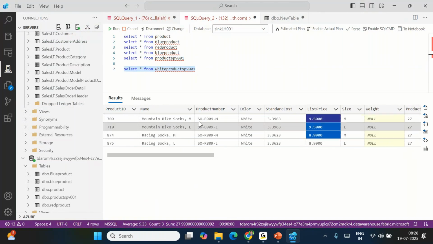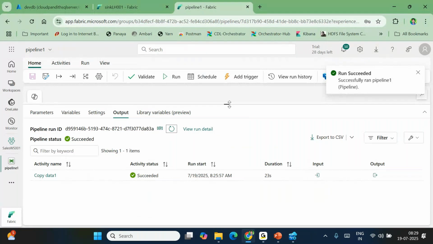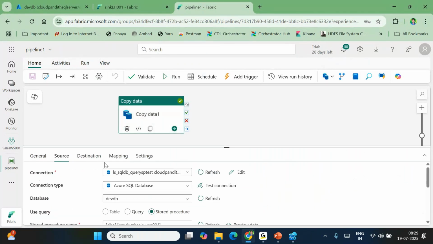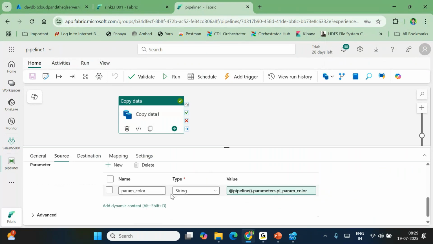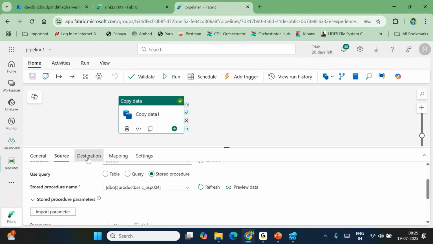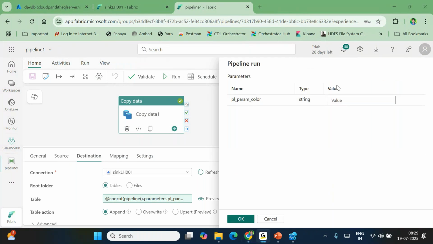See, all the white products came, right? So I'll make one more run, then we will start taking the questions. Same stored procedure, nothing I have to change. The pipeline parameter is passed to the stored procedure, which passes it to the query, fetches the result based on the type of color, and creates a table. Now you run it. Here you pass it as